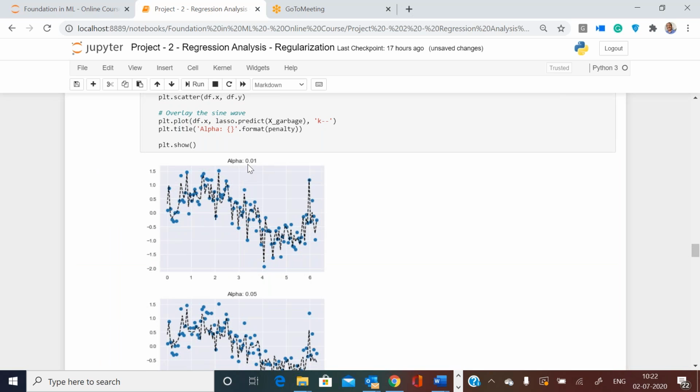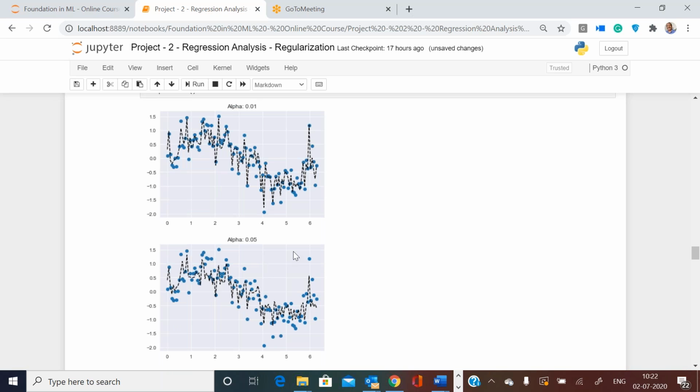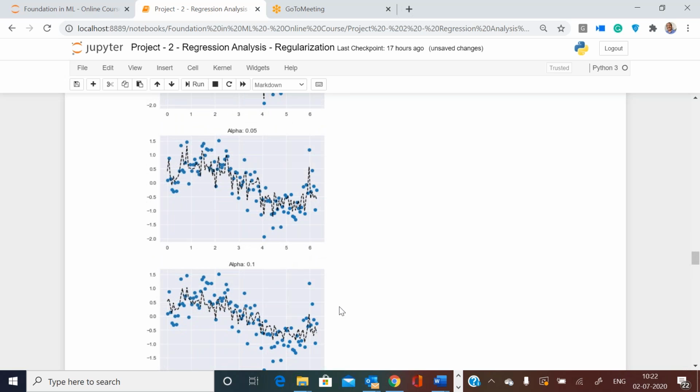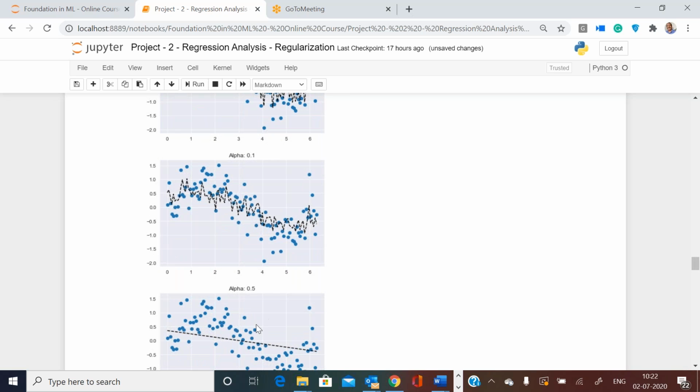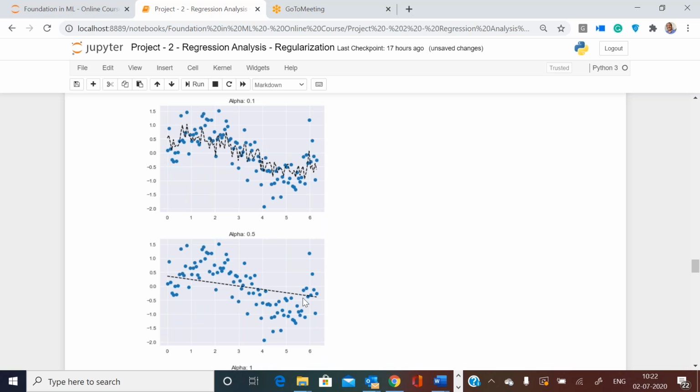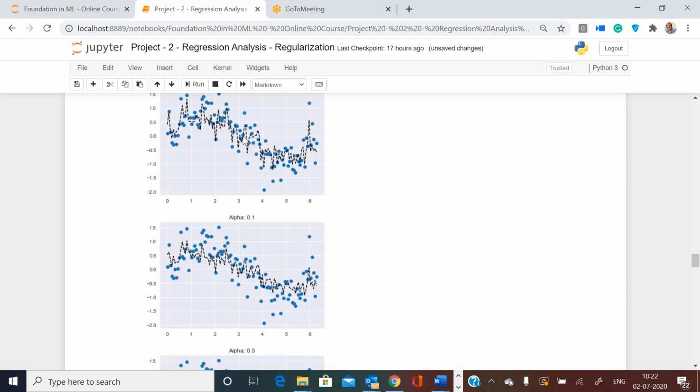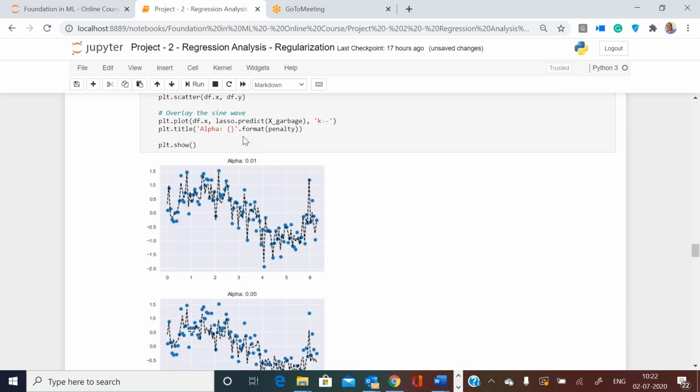So this is the response to alpha equal to 0.01, a very low value of alpha. Then 0.05, this is the kind of thing. 0.1 we have already seen. It is much better than the others. But as you made alpha 0.5, it became a slanted line, so the slope is decreasing, and most of the betas are becoming 0 already here. Only a few betas have become 0 here.